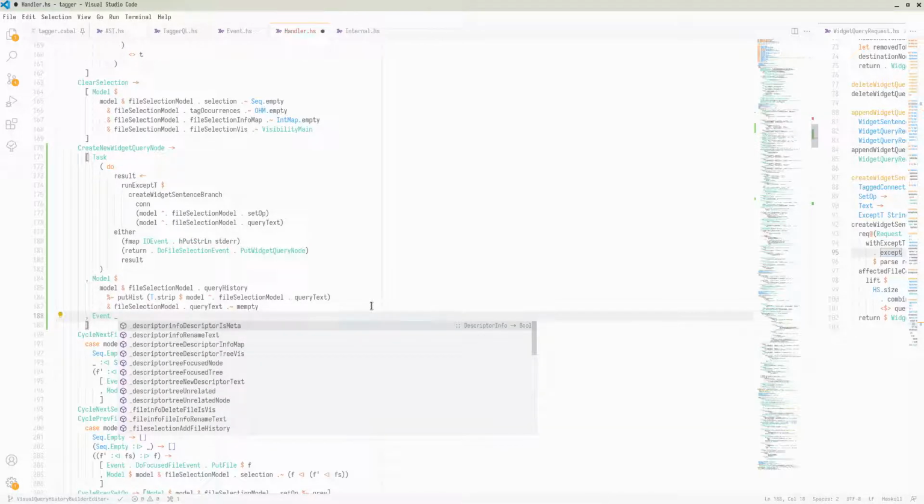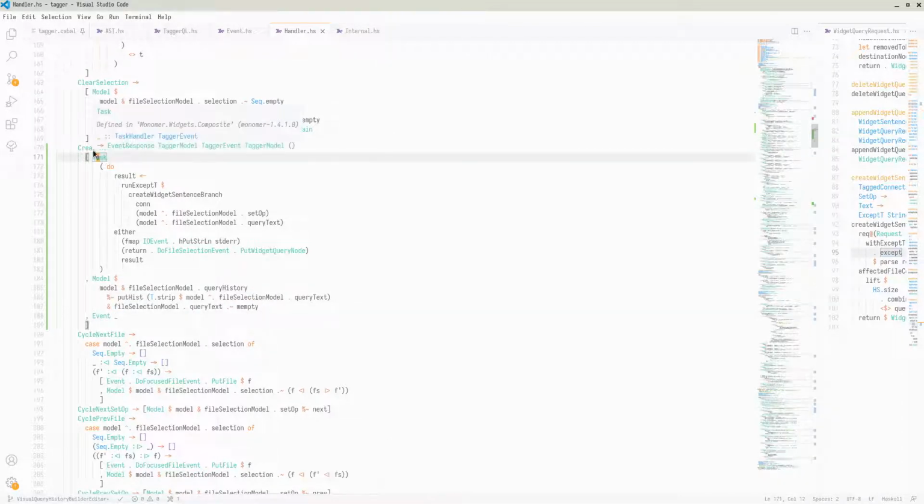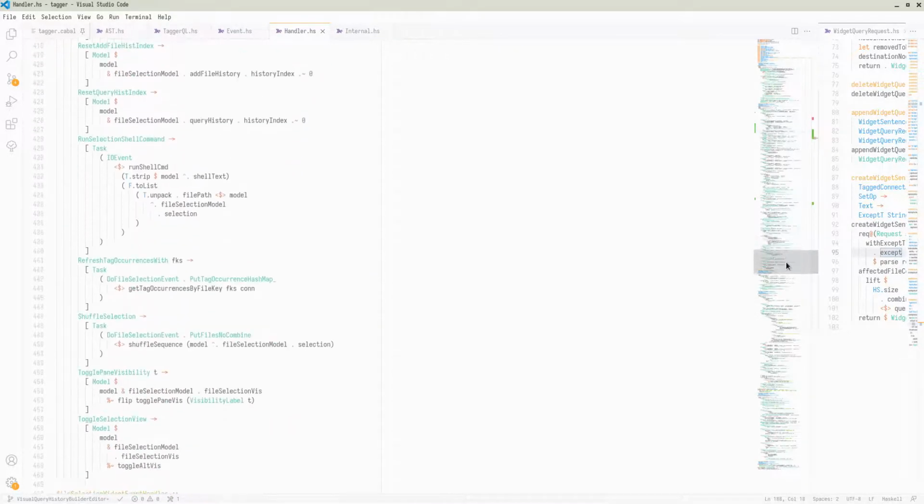And so this event is just like a task in a model, but it allows us to call our own events, right? So these events that we call with this event kind of keyword, I suppose, are not IO events. So event and task are kind of two sides of the same coin, where a task will let us call an event, but only if it's an IO event. Event will let us call an event, but it has to be a pure value, right? So that's fine. So we just call this event,